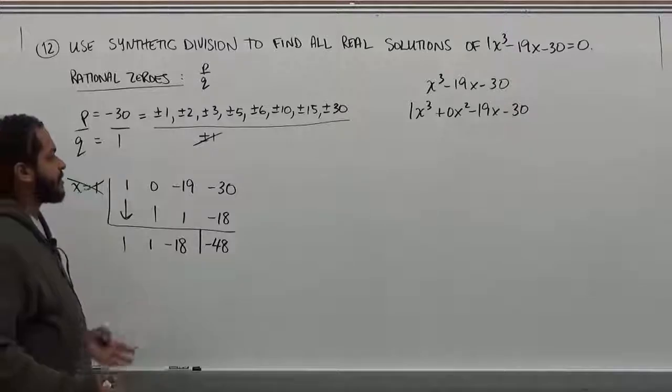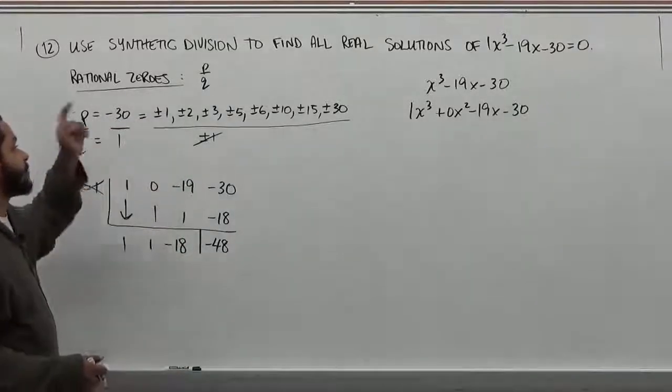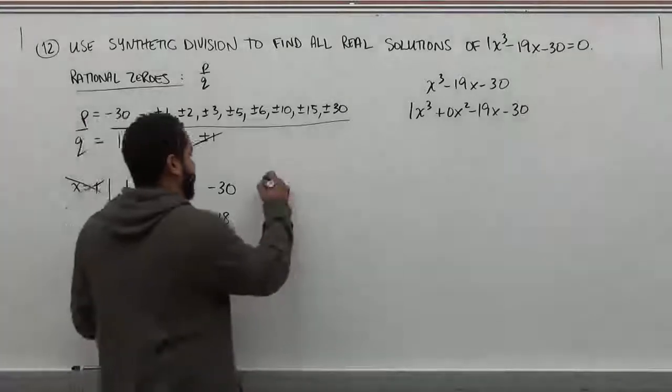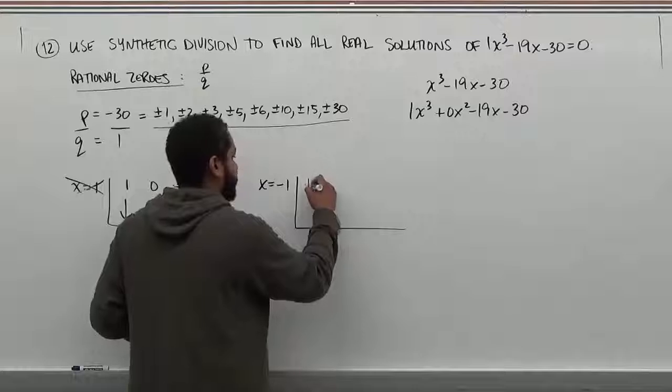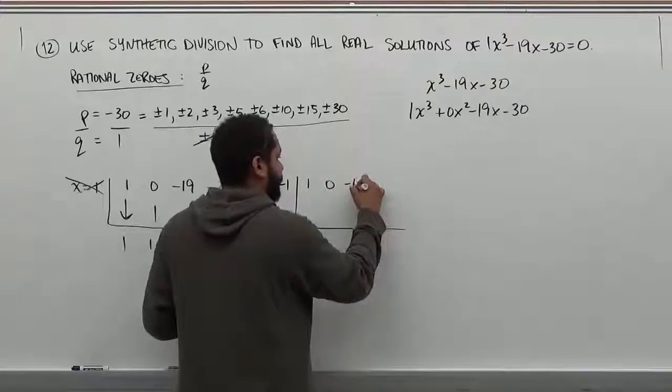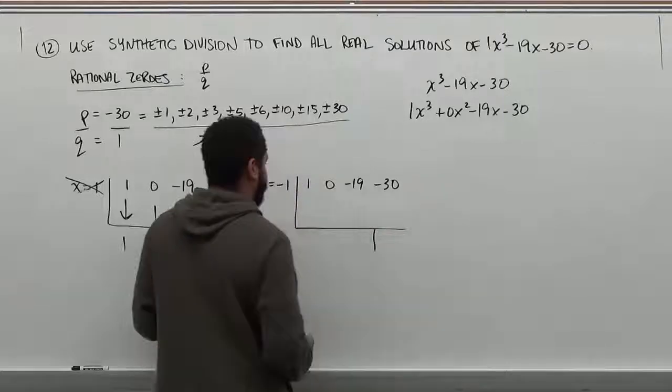So we're going to move on to the next term and see if it works. Our next term is going to be negative 1 because we tried the positive 1. So we'll say x equals negative 1, and we'll repeat this process. We have 1, 0, negative 19, and negative 30. Our remainder box, we continue the same